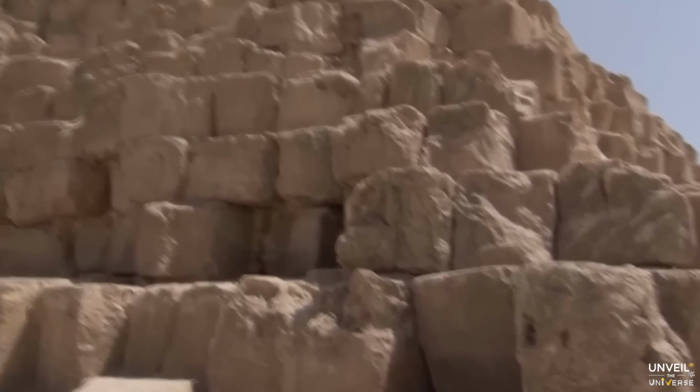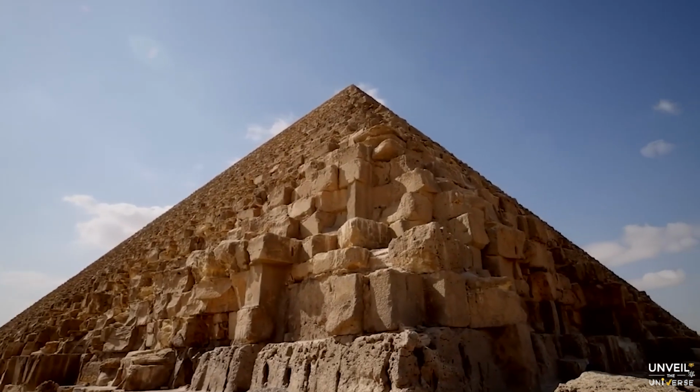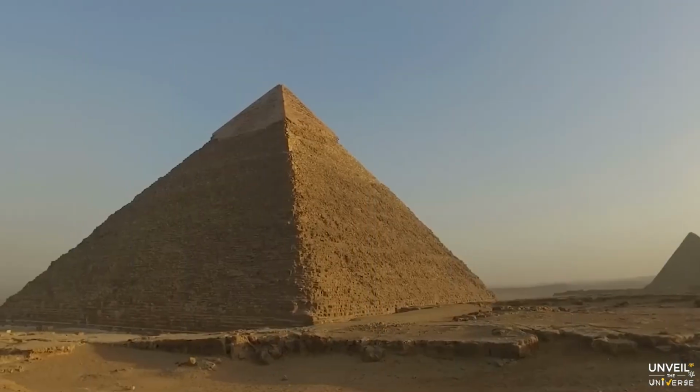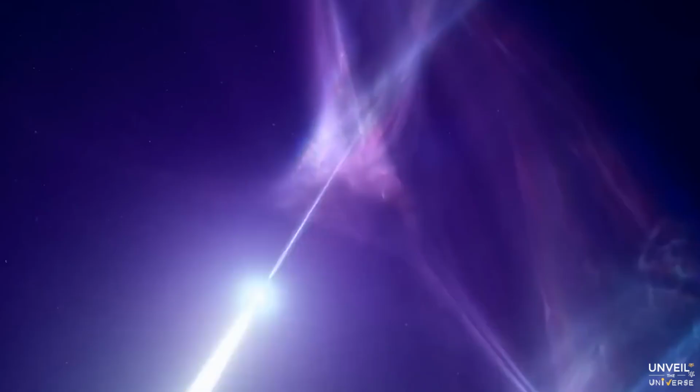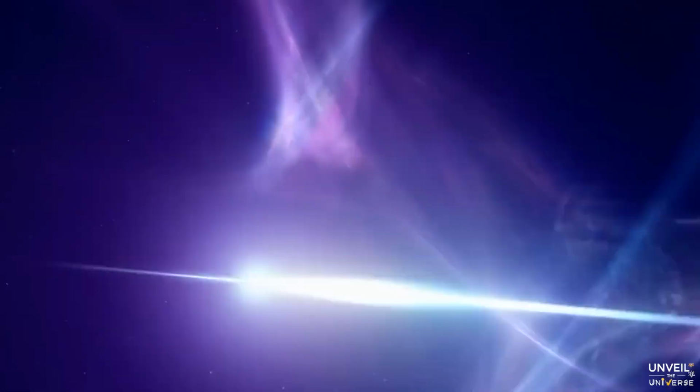For scientists, this is being hailed as the discovery of the century. But what truly matters to us on this channel is that this discovery would have been impossible without advancements in particle physics. So let's dive deeper into this finding, and more importantly, understand how particle physics played a crucial role